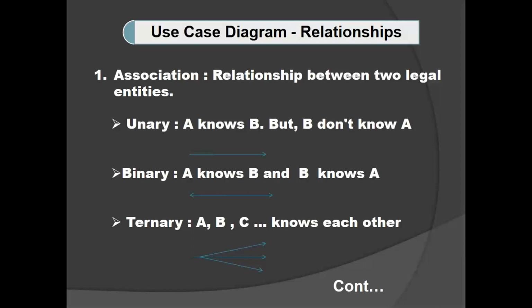So what does association mean? The relationship between two legal entities. Okay, so association is nothing but the relationship between two legal entities. That means, for example,